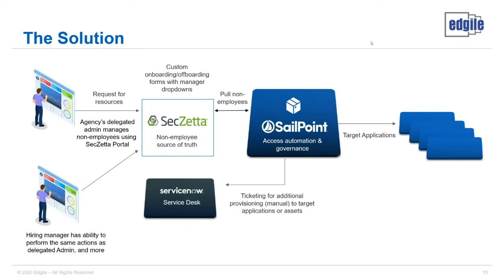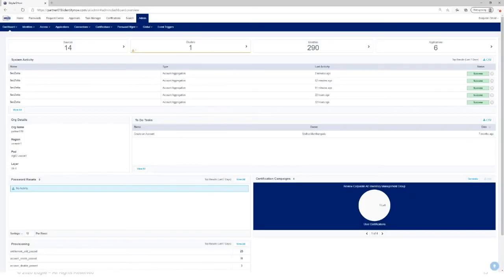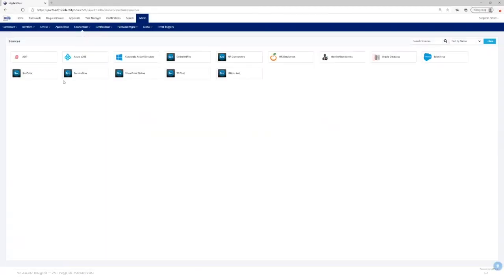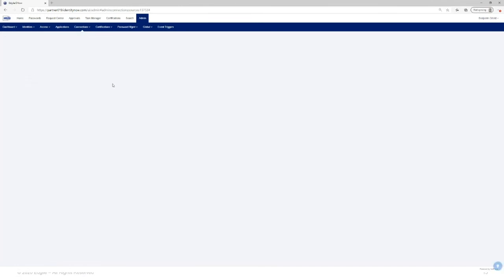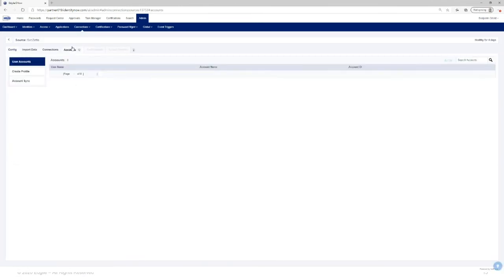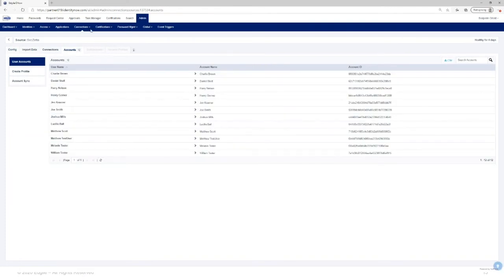Whoops. And we're going to head back to that SecZetta source of truth for non-employees and see how his account has changed.